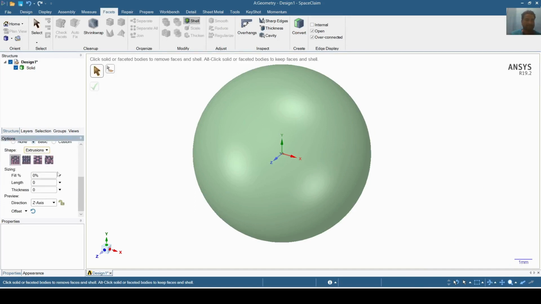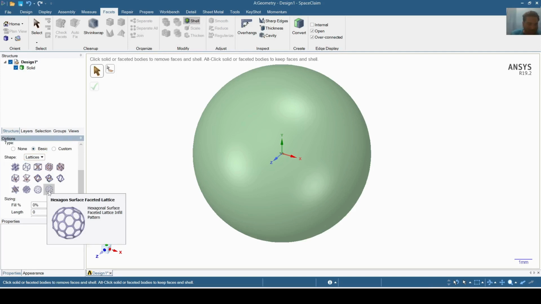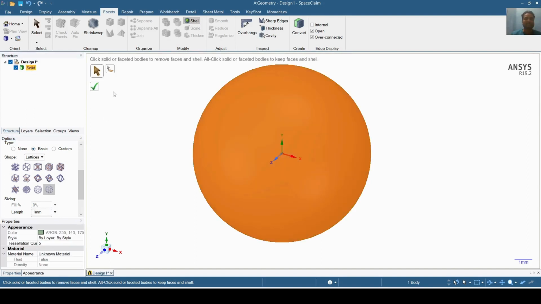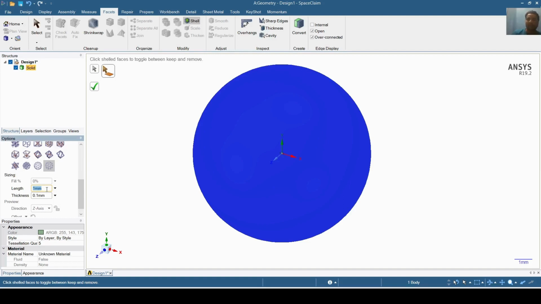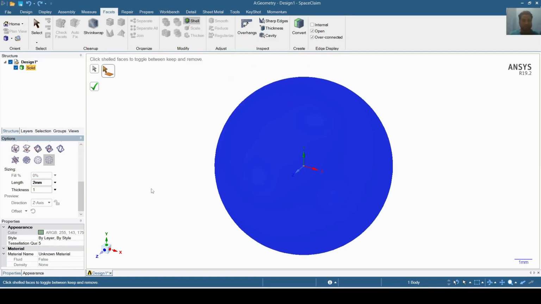lattices, and this time I will create a hexagon surface lattice. I will select this icon, I will select this solid, and I will select this icon to select the outer surface of this sphere. And it has already taken some values, and I will change these values this time. And I will take a length of 2 mm and a thickness of 0.3 mm, and I will right click now,